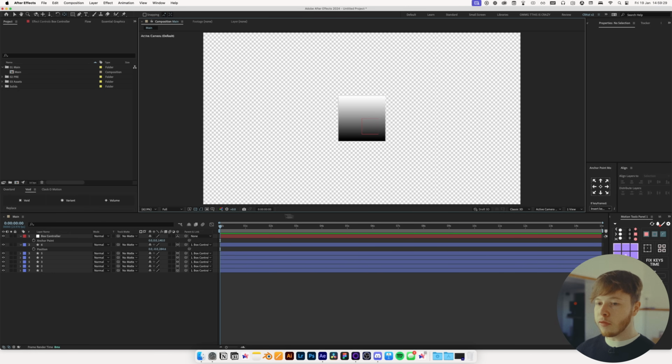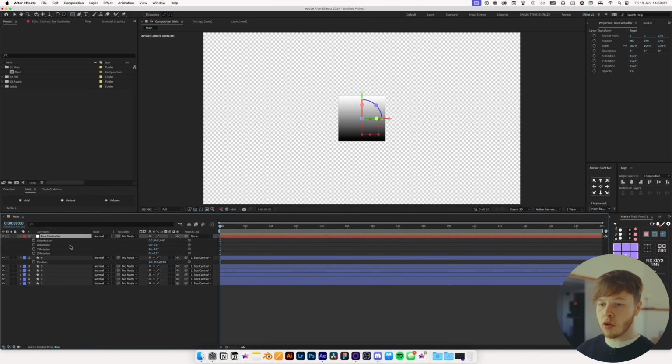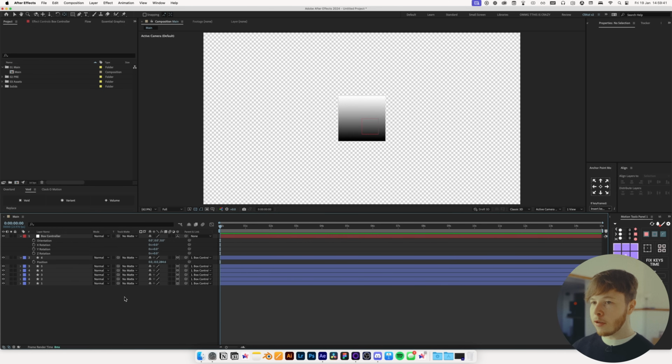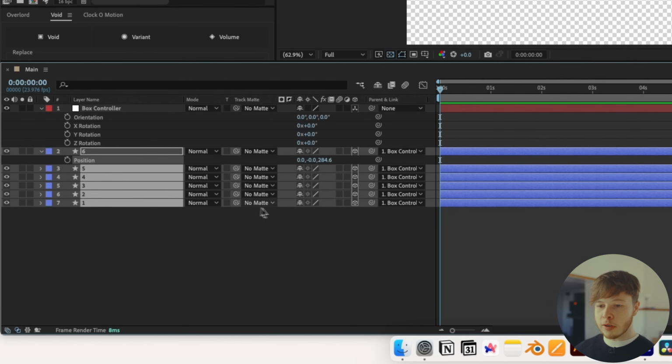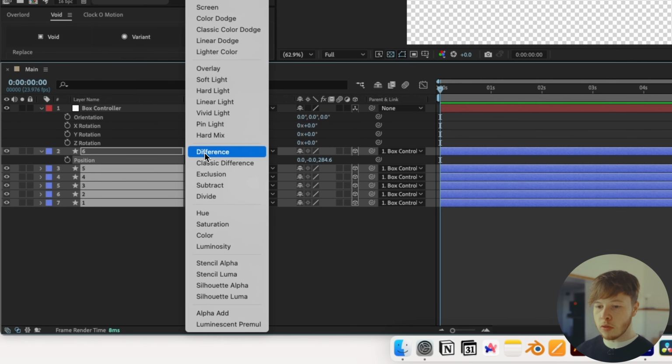Now we can go back to 1 view mode, and if we hit R on the controller, now we can rotate our box however we like. And you can see we've got this nice little gradient, looks pretty cool, and we'll just undo that so we get back to 0. Next, we can take all of these box layers and change the blending mode to exclusion,